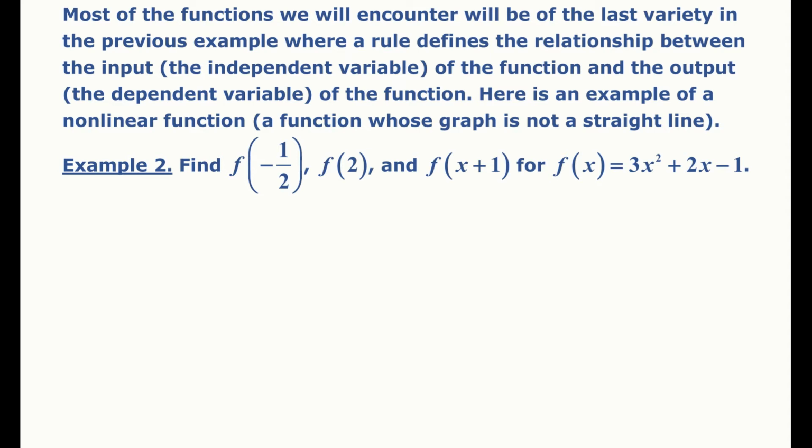So here's an example of a nonlinear function. Basically, that means a function whose graph is not going to be a straight line. And the reason for that, of course, is because you have this square here. Remember, linear functions, the highest power that you see is the first power of a variable. And we're going to be doing some evaluations, but it's done very much similar to the way it's done for linear functions. So if we want f of negative 1/2,